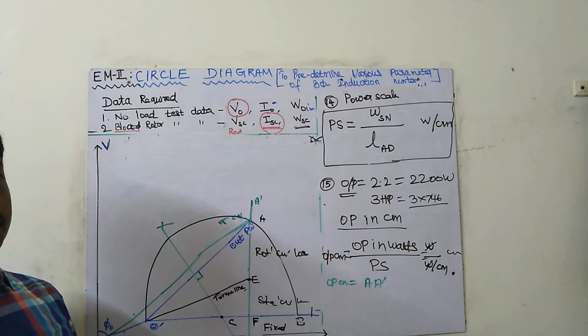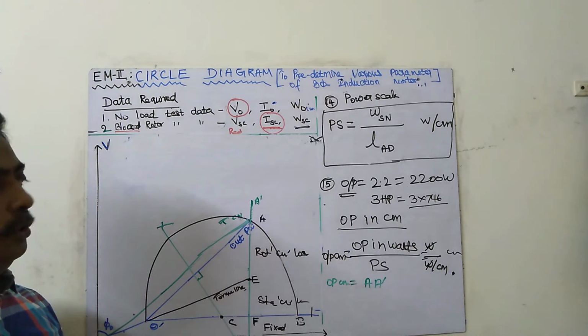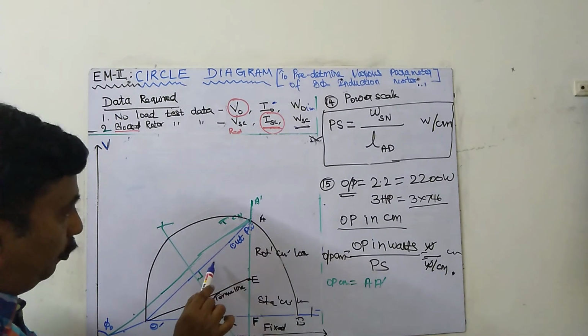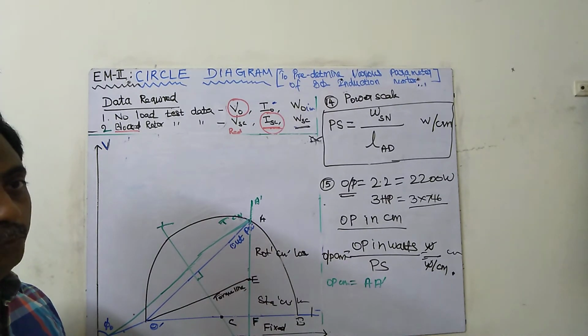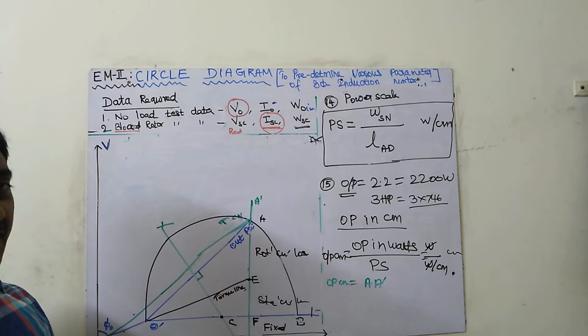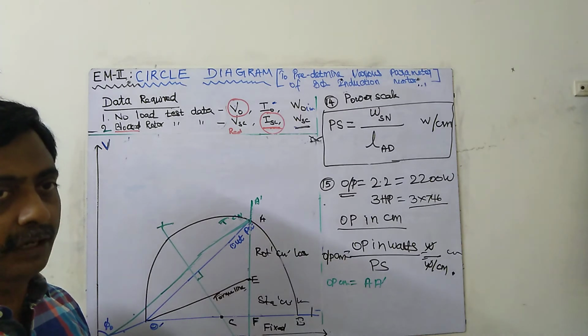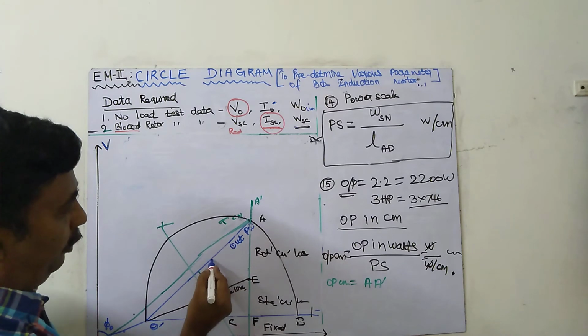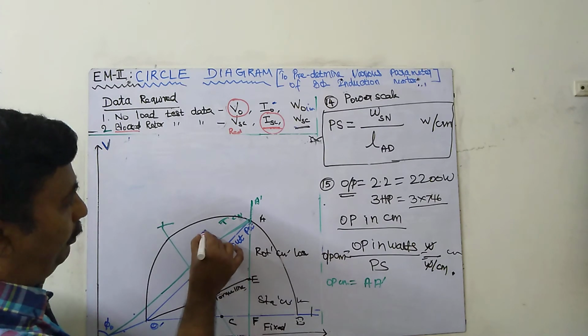Okay, this value. Now what do I have to do? I have to draw which line? Parallel line to which line? Output line. Parallel line to the output line. How to draw a parallel line? Either you can use a set square and draw a perpendicular line. Otherwise, this centimeter we know. Any one point, measure it and put a point like this.